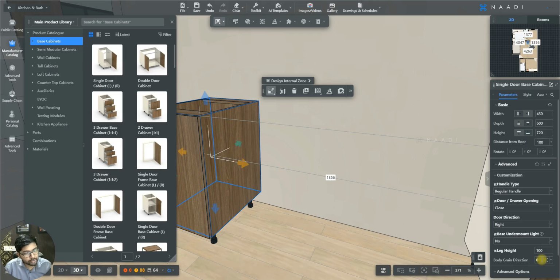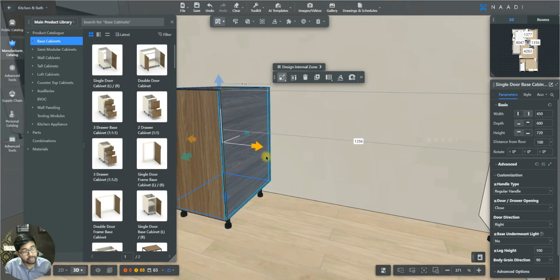Instead of vertical, if you want to make it horizontal, just type 90 or select it. Can you see? Just in seconds, the body grain direction has changed from vertical to horizontal, right? This happens for all the panels of this carcass. Okay, so this is what the body grain direction is, using which you will be able